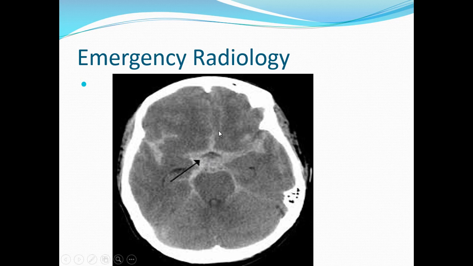Blood is always hyperdense, but when it resorbs, it may become hypodense and ultimately resolve with gliosis. So this is the hyperdensity and this is the subarachnoid hemorrhage. It usually occurs due to the rupture of some aneurysm. So the patient has to be evaluated by angiography, CT angio.